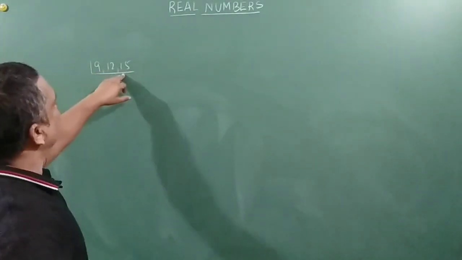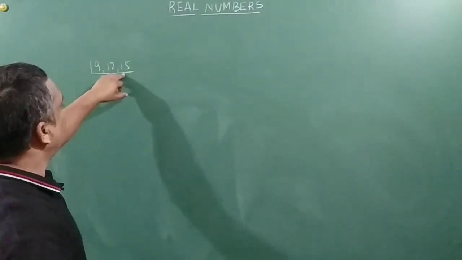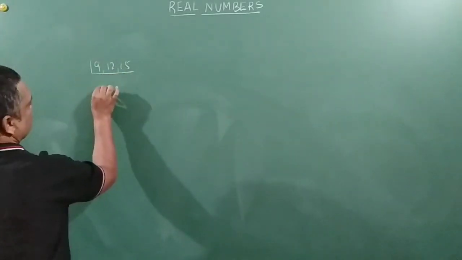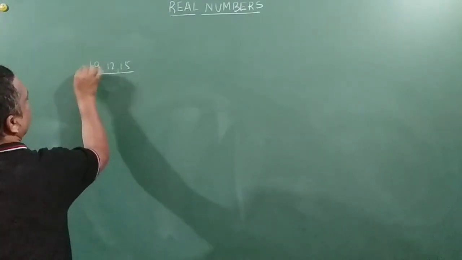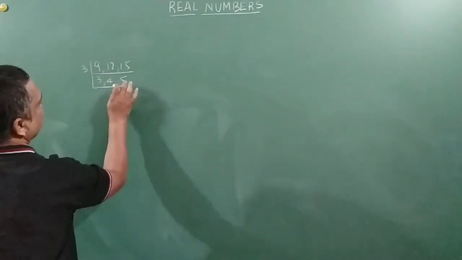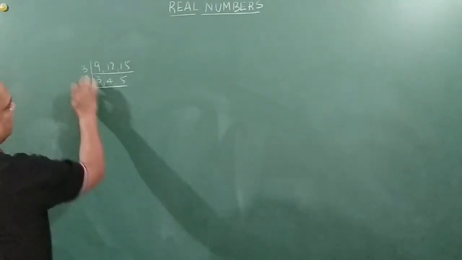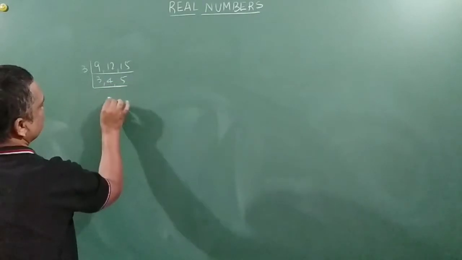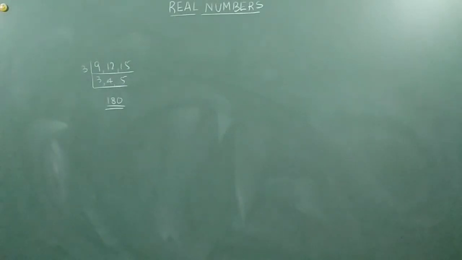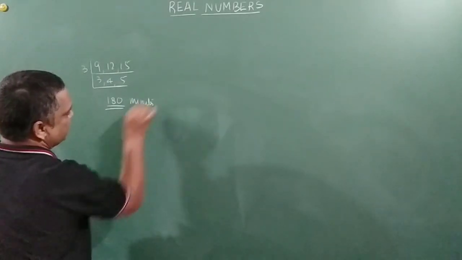You can apply this: 15 not divisible, 15 twos are 30 not divisible, 15 threes are 45 no, 15 fours are 60 not divisible. So it's going long. So basically do this activity: 3 3 3, 4 3 5. So 3 and 5 we can do nothing, 4 and 4 also we cannot do anything. So that's it. 9 into 4 is 36 into 5 is 180. Right? So they will toll together after 180 minutes. That means after 3 hours.